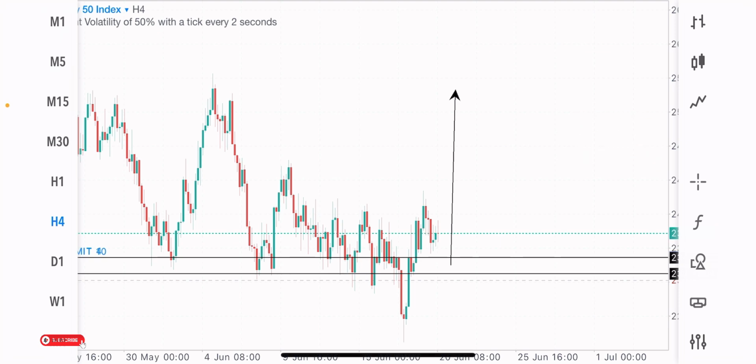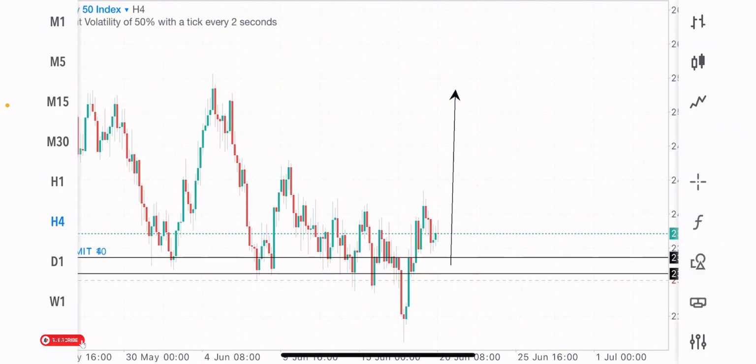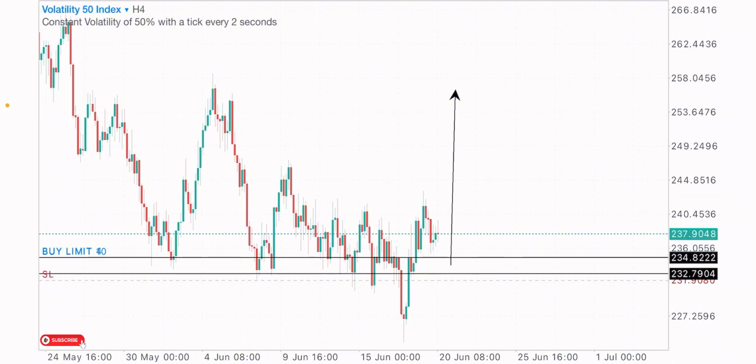Yeah, so here in today's video, I'll be sharing with you guys my view and analysis and why I'm expecting this index to buy from my buy level. So do well to stay to the end of the video to get every detail on this analysis. And if price gets to my buy zone before my posting time of this video, I would as well give you guys an update on how this trade played out.